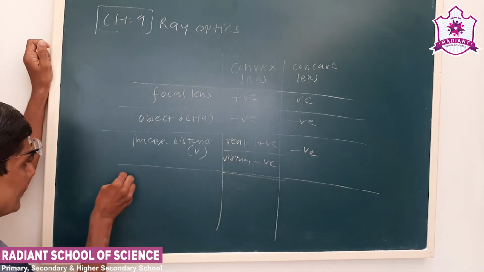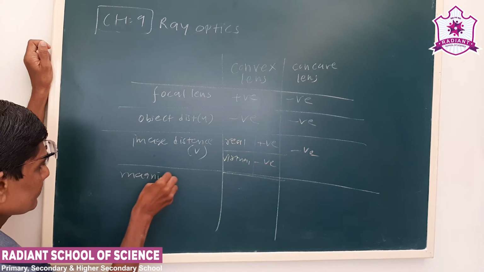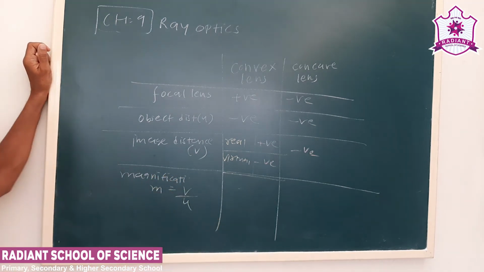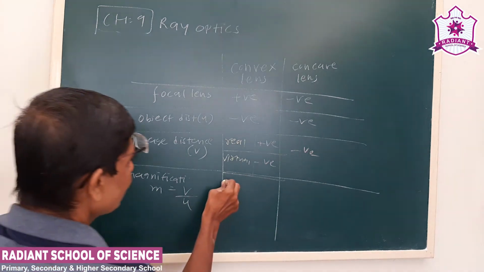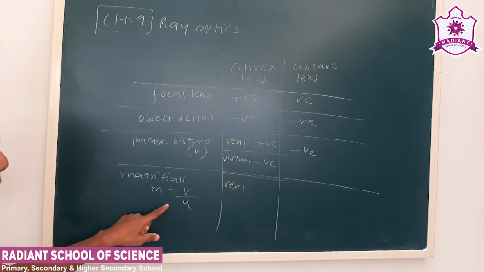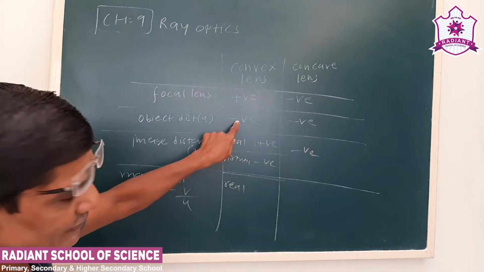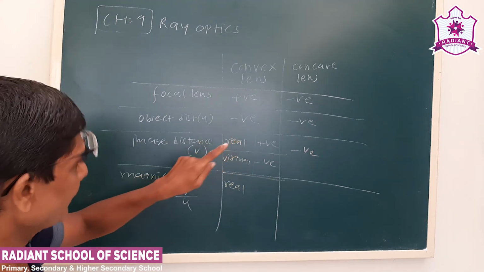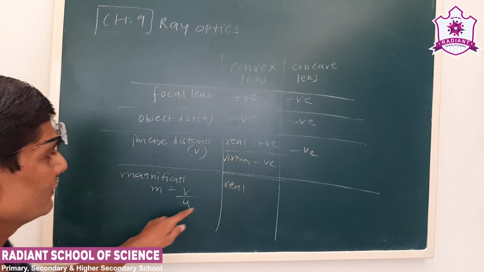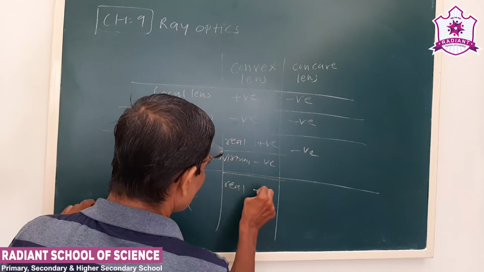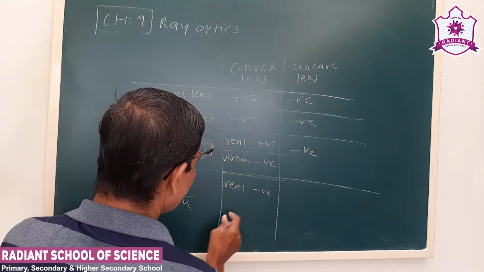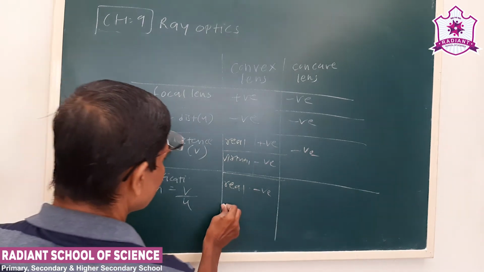Now see the magnification. M is equal to V by U. Now, how will the magnification vary when a real image is formed? V upon U. See, object distance is always negative. When a real image is formed, V is positive, so the ratio of positive and negative will make it negative. So when a real image is formed, the magnification will be negative. And when a virtual image is formed,